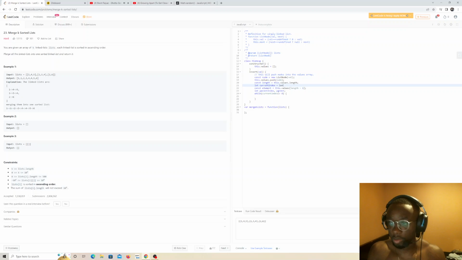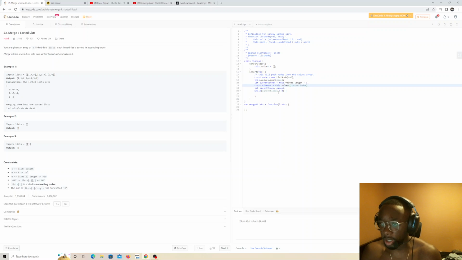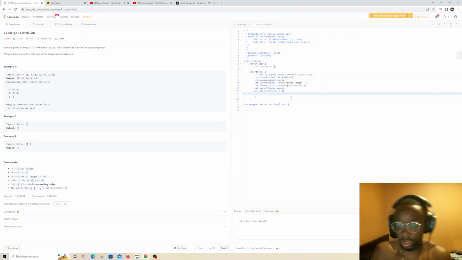Push this up here. I like this better, actually. Yeah, it's a little more organized. I know this is not going to change, but I'm going to just say let, so it's consistent. And I guess we want to break if this dot values, we want to keep pushing it up. We want to break if